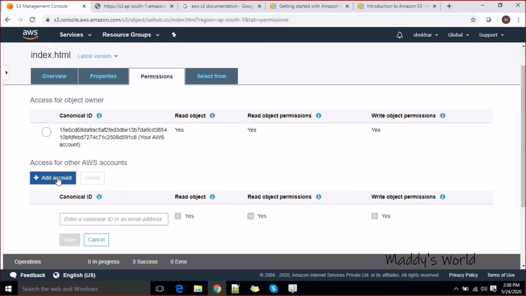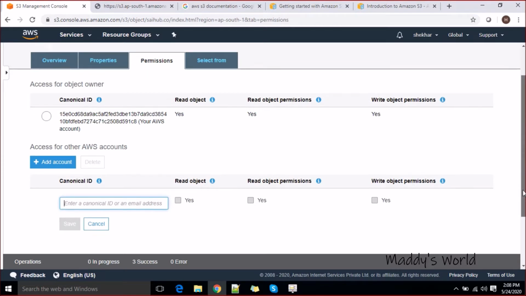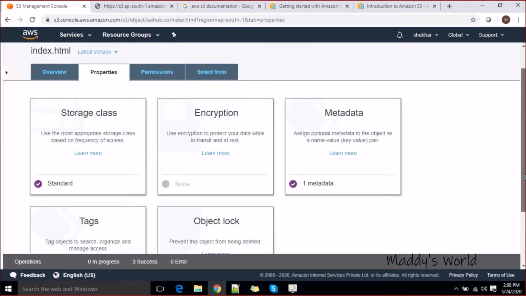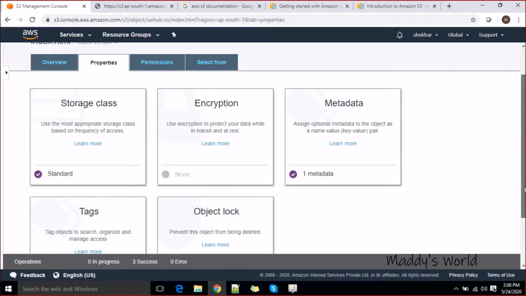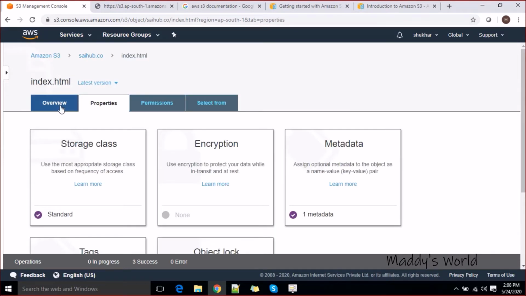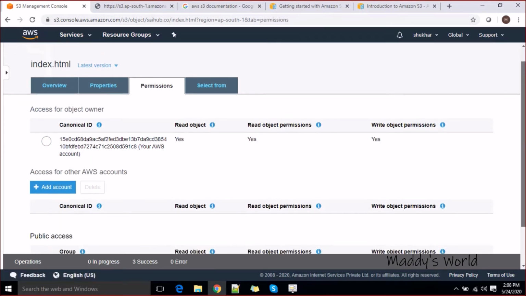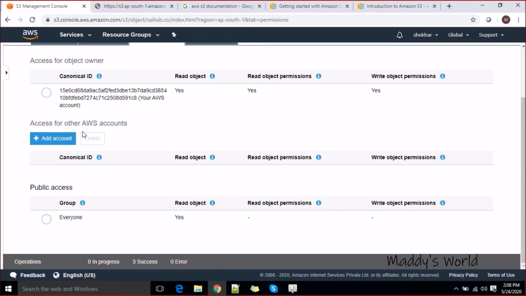And if you want to add another owner here, you can add canonical IDs, email IDs of those, so that they can specify the permission for those also. We were seeing, when we were talking in the properties section, about the requester will pay. So I think this will help. Where is the tag? Okay, we'll see that later. So we were seeing there, the bucket, the requester will pay. So I think this would help here.